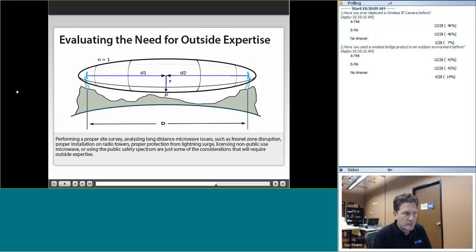Also, sometimes customers do want to go long haul, and if they do, you may want to consider not using the public wireless spectrum, but using licensed microwave. And if you don't have the experience, I would recommend bringing in expertise for licensed microwave. Some customers may qualify for the public safety spectrum, the 4.9 gig range. If they do qualify for public safety spectrum, you need to bring in expertise. So those are just some of the reasons why you may want to bring in expertise to help you with